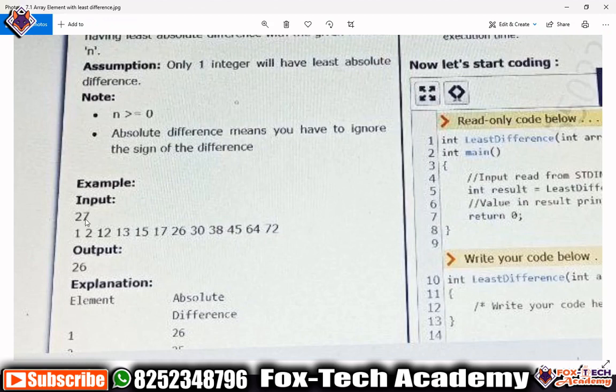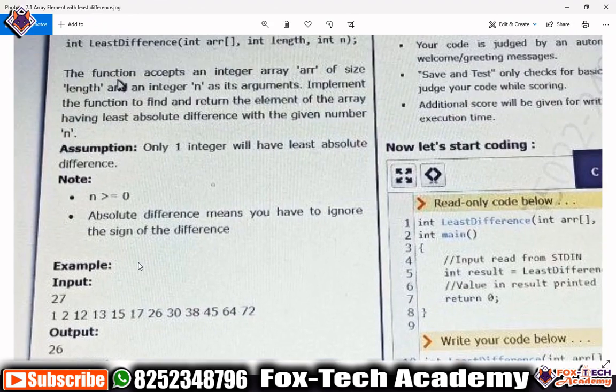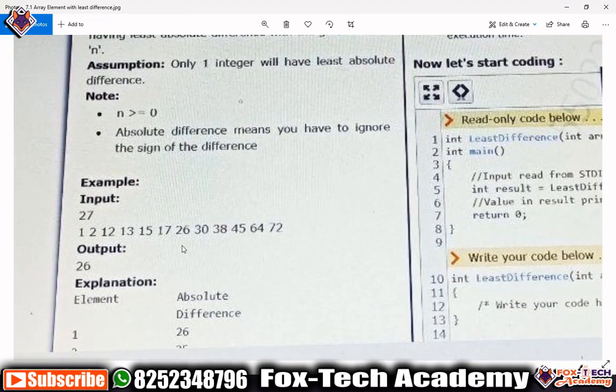When we subtract 1 from 27 we get a difference, and when we subtract 27 from 1 we get the negative of it, so they said to ignore the sign of the difference. For solving this we have the absolute method, ABS, which we will use for getting the absolute value of any difference.